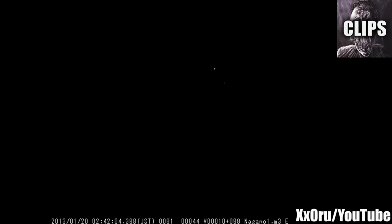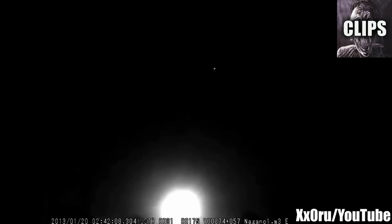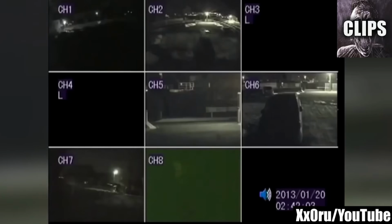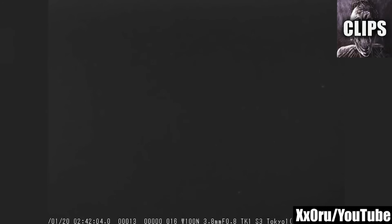This giant sky disturbance over Japan was captured on multiple cameras in 2013, so there's little doubt that it is real. The question then becomes not if this happened, but rather what caused it. I think that this was most likely a comet, but others claim this is clearly a failed Russian rocket launch